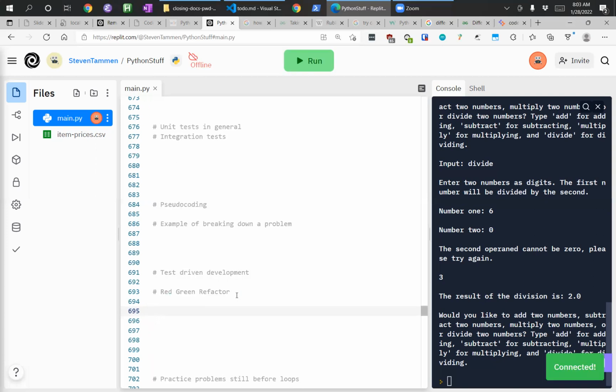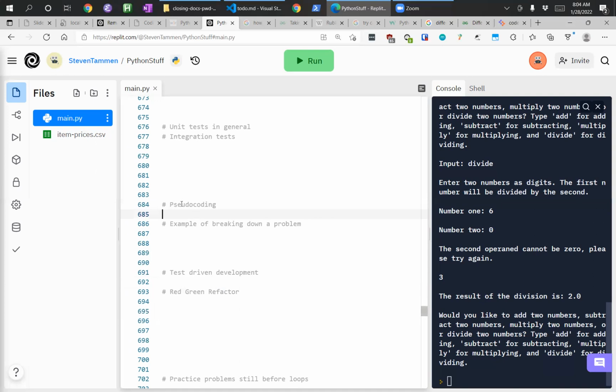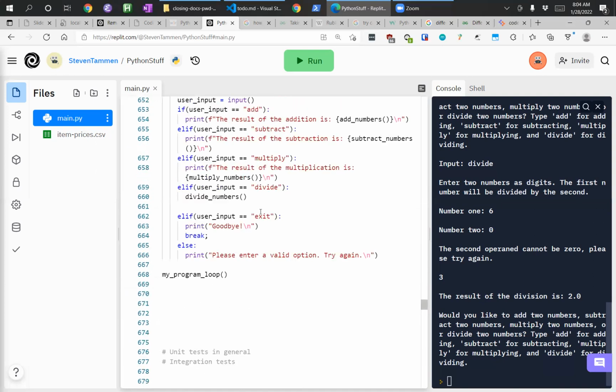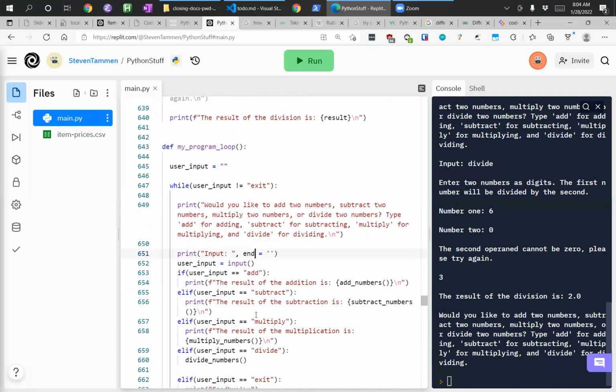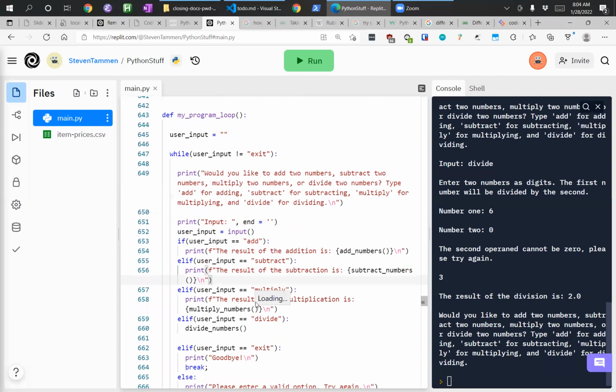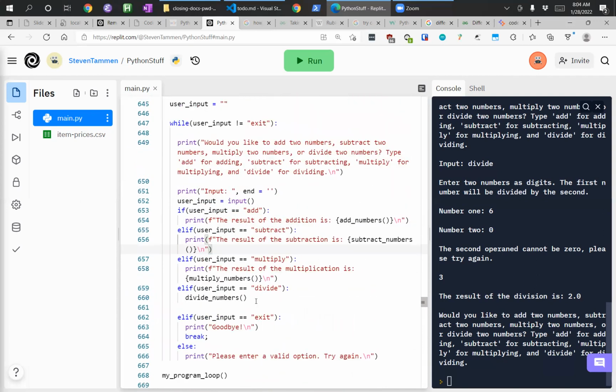But why I'm bringing this up after our pseudocode thing is that, you remember when we developed this function here, how many functions did you think we were going to write up front, right? I couldn't even tell you that. Maybe if I'd sat there and thought about it for a while, I could have told you, okay, we'll probably have a function for add, subtract, multiply, and divide. We can break that up, right? Some things it's kind of easy to see the structure of how things are broken up.